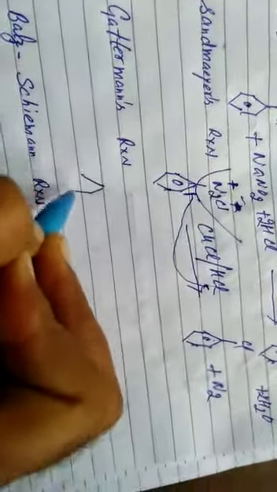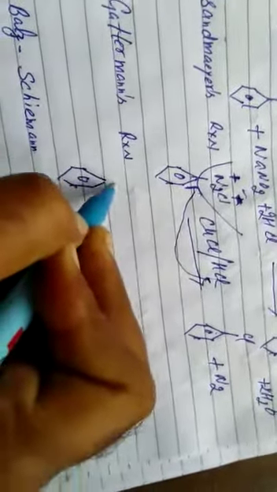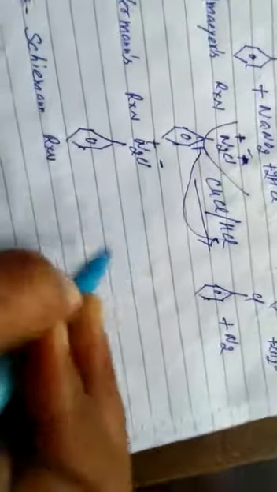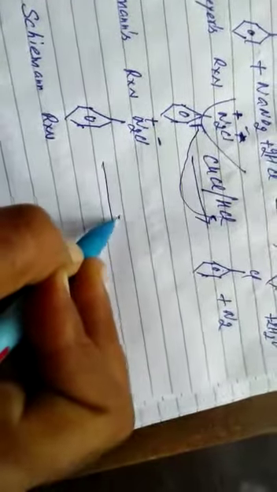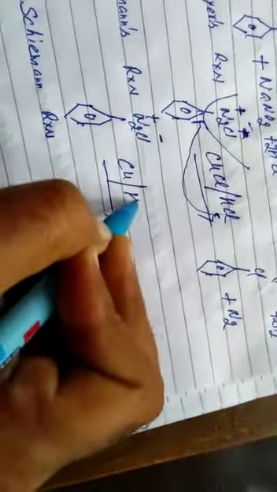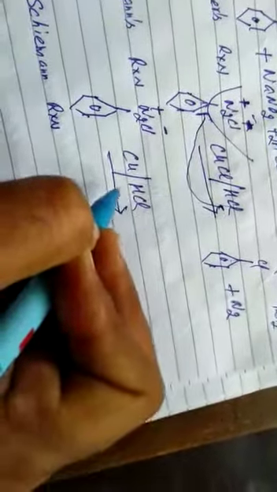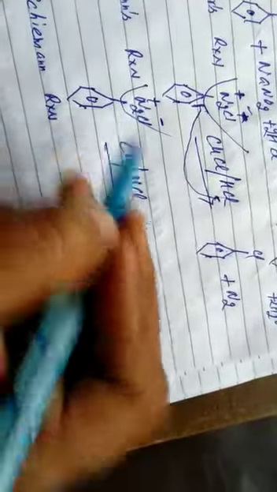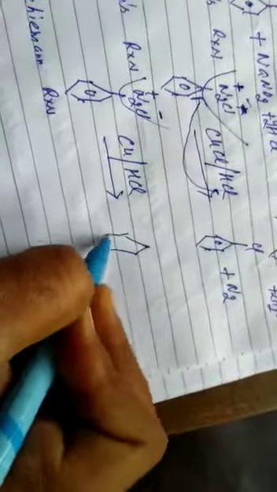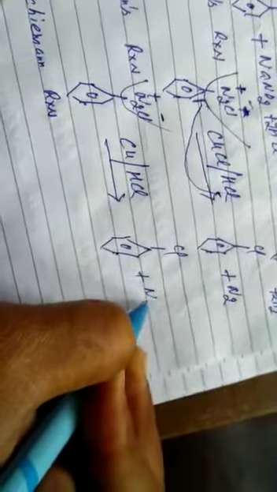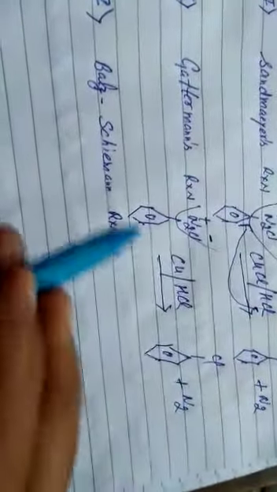Next, the modified form of Sandmeyer's reaction, it is called Gattermann's reaction. Again same reactant, same products, diazonium salt. What the condition is, in Sandmeyer's reaction we go with cuprous halide and in Gattermann's reaction we proceed with copper powder. Again N2 gets eliminated and anion part of the acid linked to the phenyl ring, that is we got chlorobenzene plus N2.